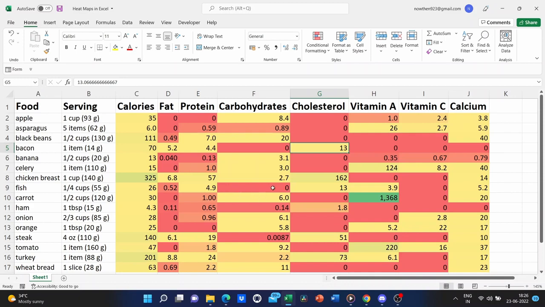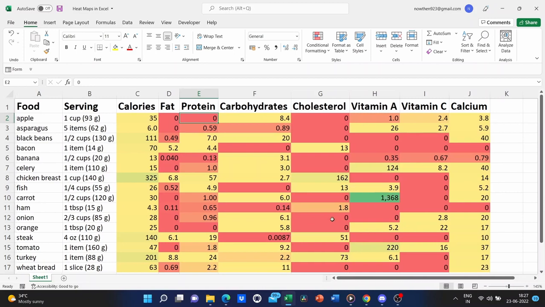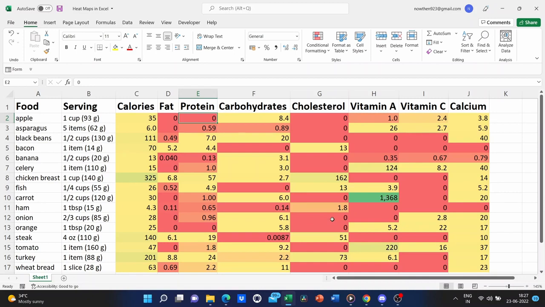When I selected all of my data and then applied the conditional formatting, the lowest numbers, no matter where they are in my spreadsheet, were colored as red and the highest numbers were colored green. Well, that's not exactly what I want. I don't care how this number relates to, let's say, calories or fat or protein. I want to know how the amount of vitamin A in carrots relates to the vitamin A in asparagus or in ham.